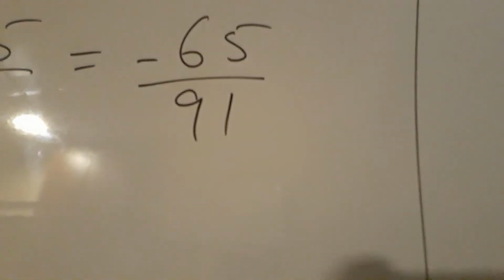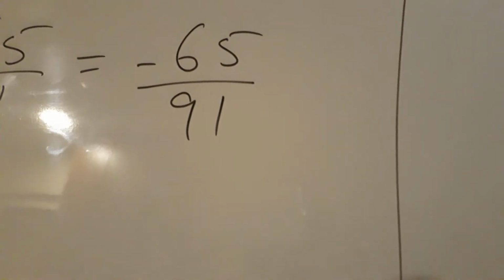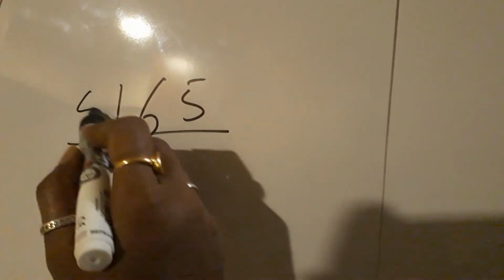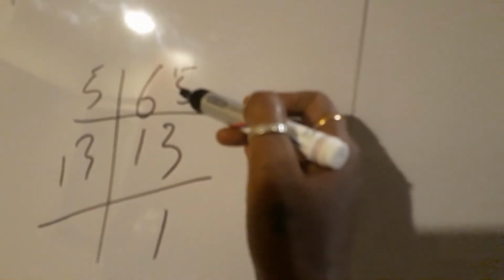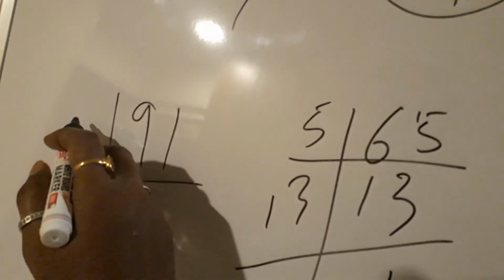65 upon 91. Now how do we know 65 and 91? Which table? You can use the HCF method or prime factor method. So here 65, if at all you don't know the table. Which table can go for 65? You can use 5's table. 5 ones are 5, 1 carried, 5 threes are 15, 13 ones are 13. That means 13 fives give you 65. And 91, it's a prime number? Check it out. Which other number could it go for?